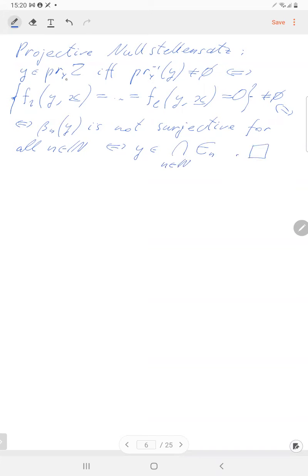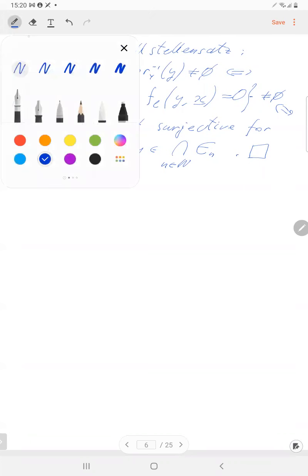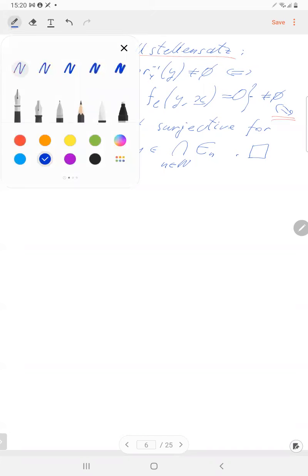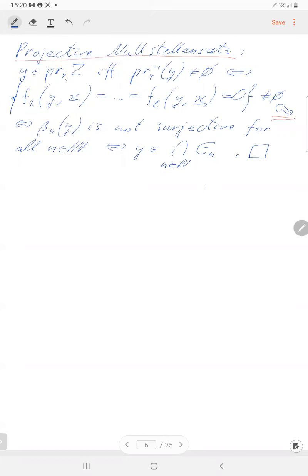Okay, so we have crucially used this at this point here. The projective Nullstellensatz was telling that. Okay, so the theorem is proved, and it's very important and will be used throughout the whole course,